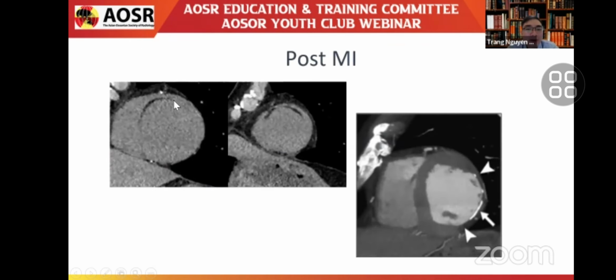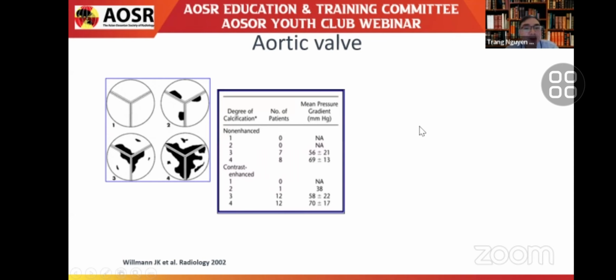And some patients have myocardial infarction, which can cause fatty degeneration or calcification like this. This is the sequela due to the infarction. And the aortic valve, and the other valves, especially the aortic valve right here, you can have the calcification